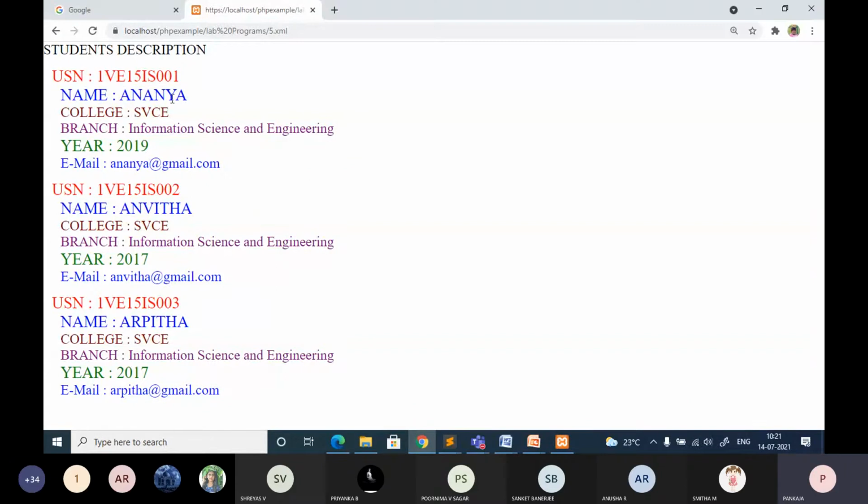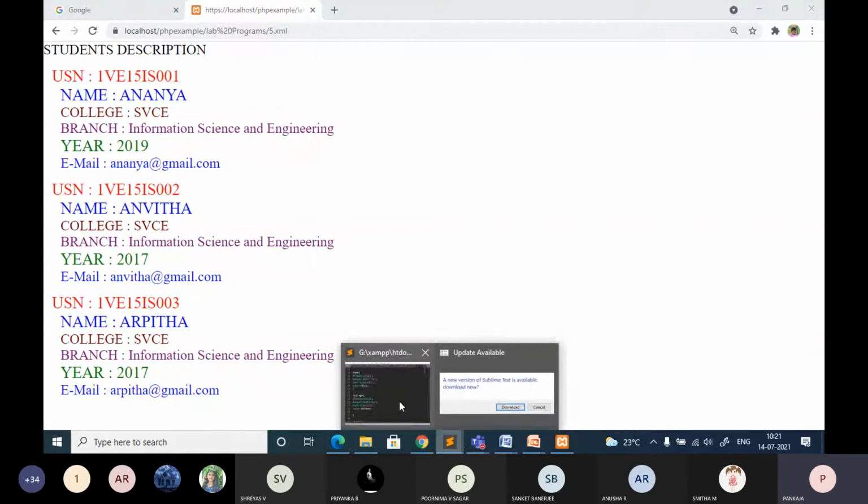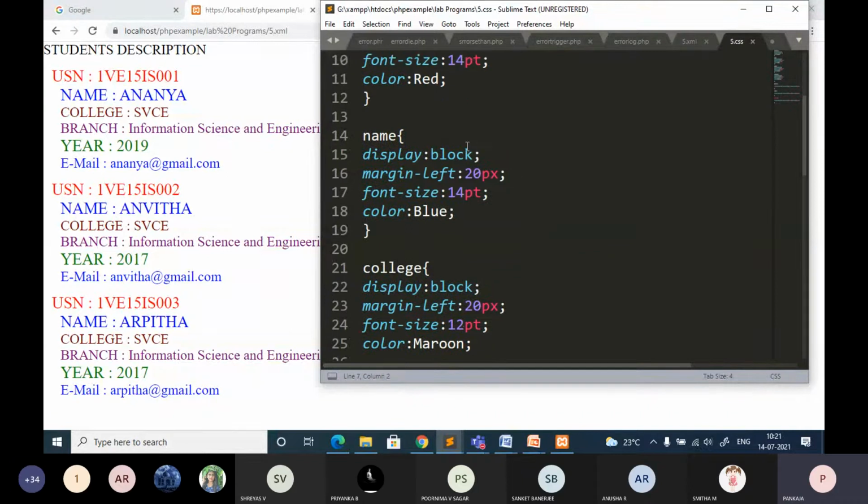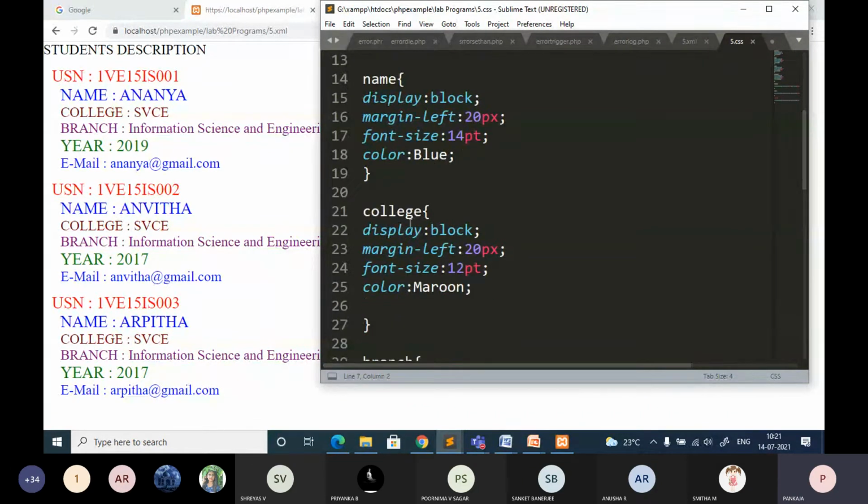In the college name I have changed the font size. It is 12 pt, and the color given is maroon. Wherever this particular college tag is there, the same style is going to apply. You can see that for all three students, the college information is represented in maroon.